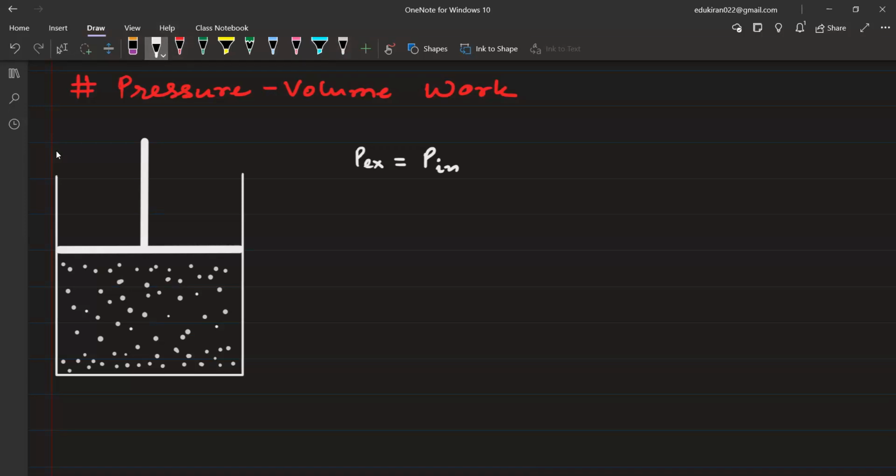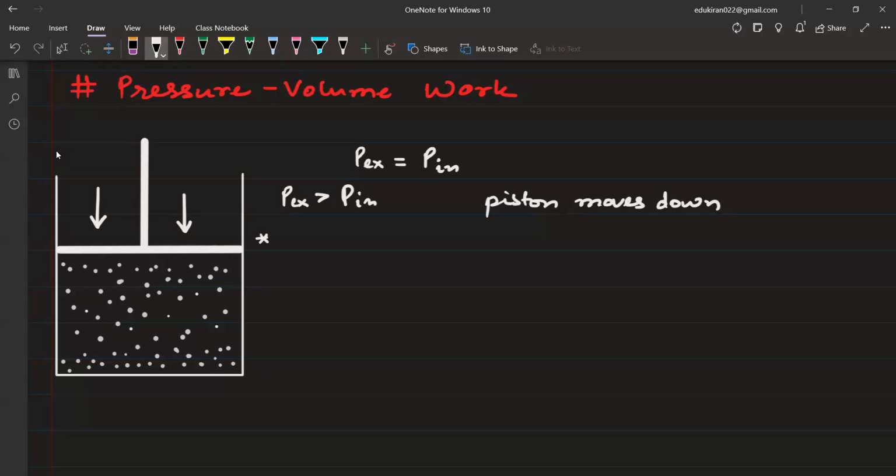अगर मान लीजिए if the P internal was greater, अंदर से प्रेशर ज्यादा होता तो पिस्टन ऊपर भाग रहा होता. अगर बाहर से ज्यादा होता, if we were giving more pressure on the piston, then the piston would be moving down. Let us suppose we have a case in which P external is greater than P internal. Then what is going to happen? Piston will move down.